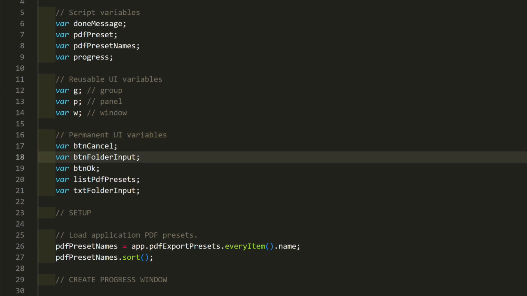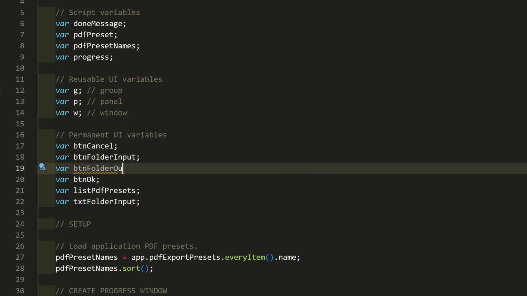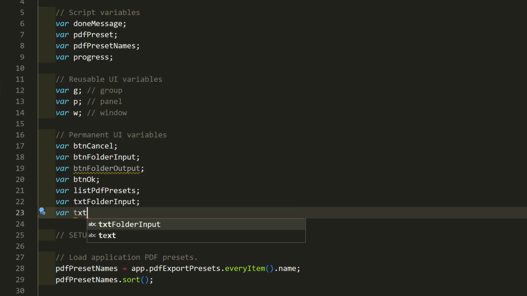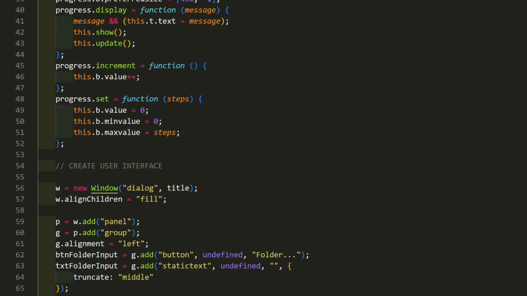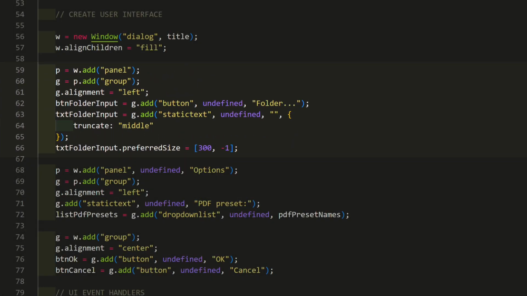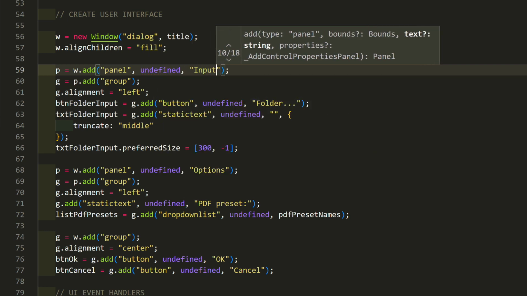We'll need two new variables: var btnFolderOutput and var txtFolderOutput. Go to where the interface is created. For the panel with the folder button, let's add a label to it after undefined, size: Input.